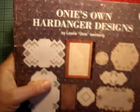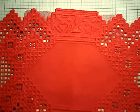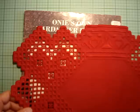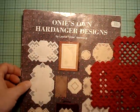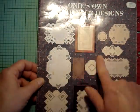And this one is this pattern here. I also did the green one, the dark green. That's a smaller count, so it ended up being smaller, or a higher count I guess you'd call it. It ended up being smaller. And that one is this pattern right here, and of course this book comes with all these patterns,